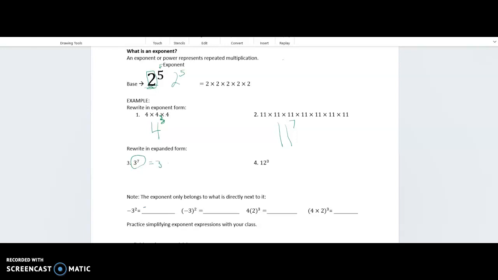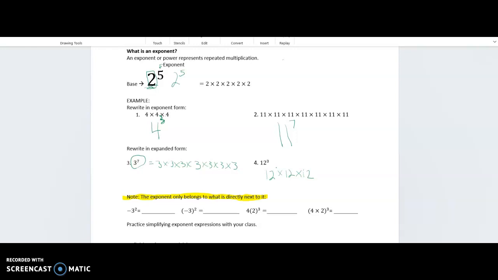3 to the 7th is 3 times 3 times 3 times 3 times 3 times 3 times 3. A lot of writing, right? And 12 to the third is 12 times 12 times 12. 12 multiplied by itself 3 times. An important note about exponents is that they only belong to what's directly next to it. And we can see through these examples below